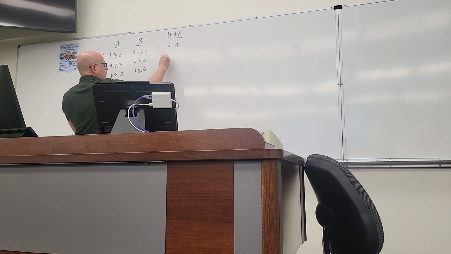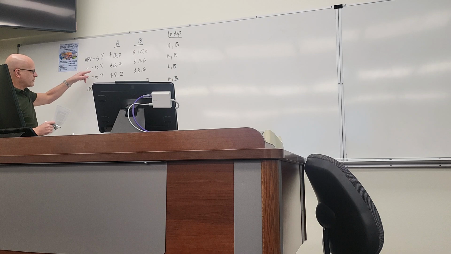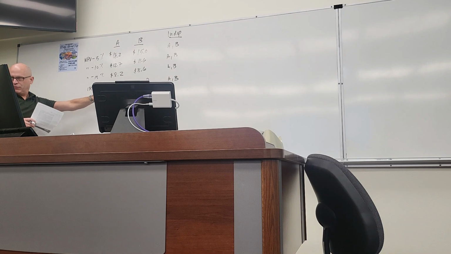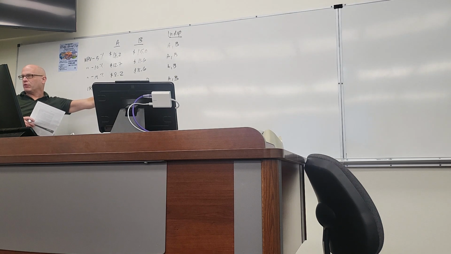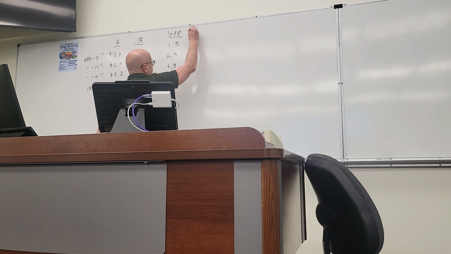In fact, they look good no matter what. NPVs are always positive, and my IRRs are above my cost of capital. In fact, I'd have to have a cost of capital above 27.3% before this one would fall out, and above 36.2% before this one's no longer a good project, right? So they look good either way, but if they were mutually exclusive,